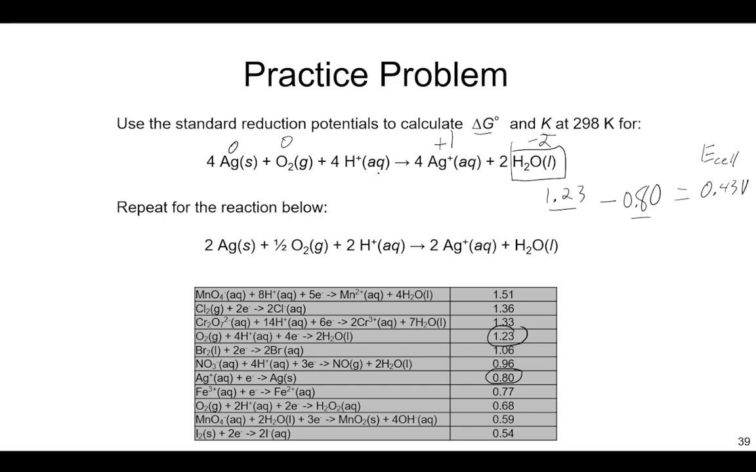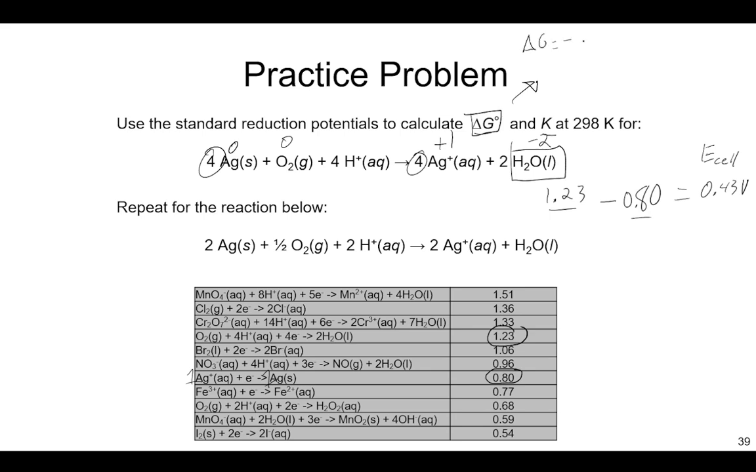Remember, I don't care about whatever the stoichiometry here is in terms of silvers. This is 1 silver in the table, and yet there's 4 up here in the reaction. Doesn't matter. It doesn't affect how I calculate cell potential. It will come into play now that I'm going to calculate delta G. Delta G here